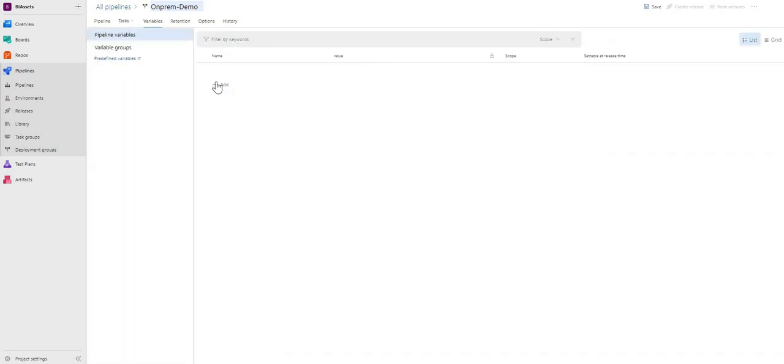So the next step would be to create the appropriate variables. Let's start with the user property. Let's give it 1000. Application name, let's call it devproc tfs API.